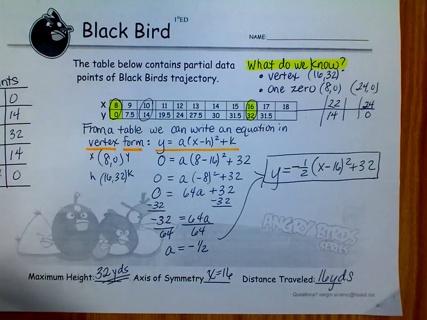So now that you have that information, you may go back to the front of your packet, and there were a few questions on the front that you were supposed to answer concerning which bird traveled the furthest, and which bird traveled the highest and the longest, and also find out which bird hit the king pig and which bird hit